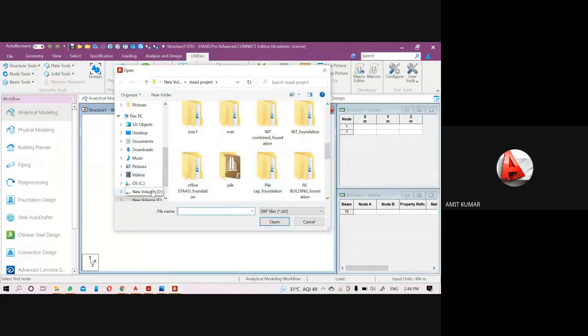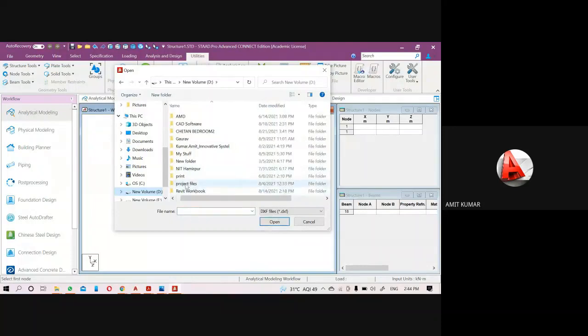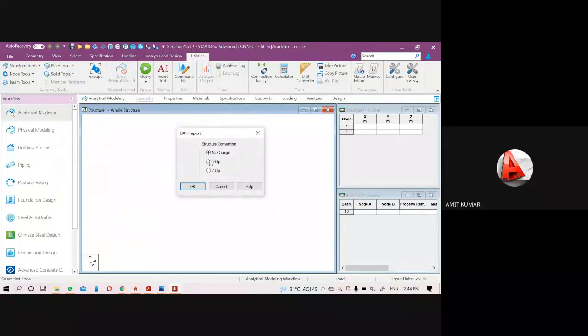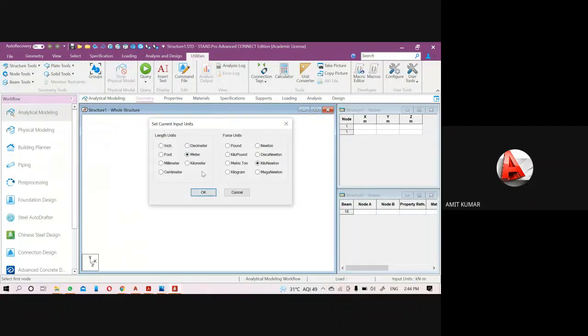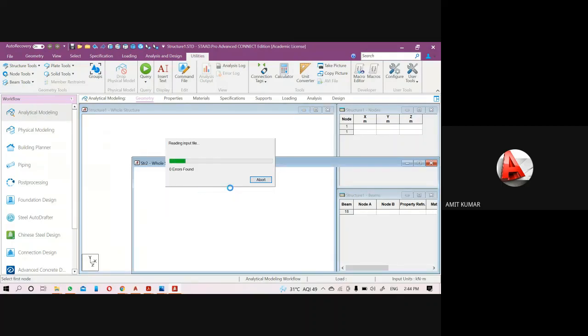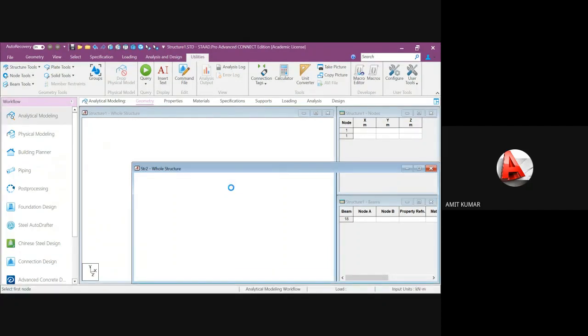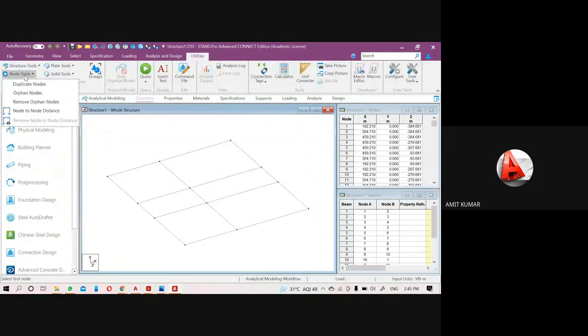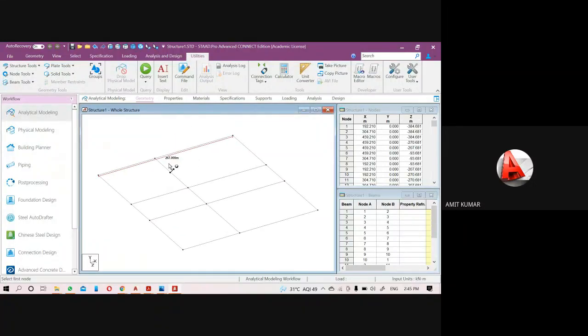If you pick the Y up and forget to change the unit, and you pick the input value as meter and kilonewton, just see, I think the total length will be 267 meter. Let me check it. Yes, it shows you 267 meter. That is too much. So that's why the importing unit matters.